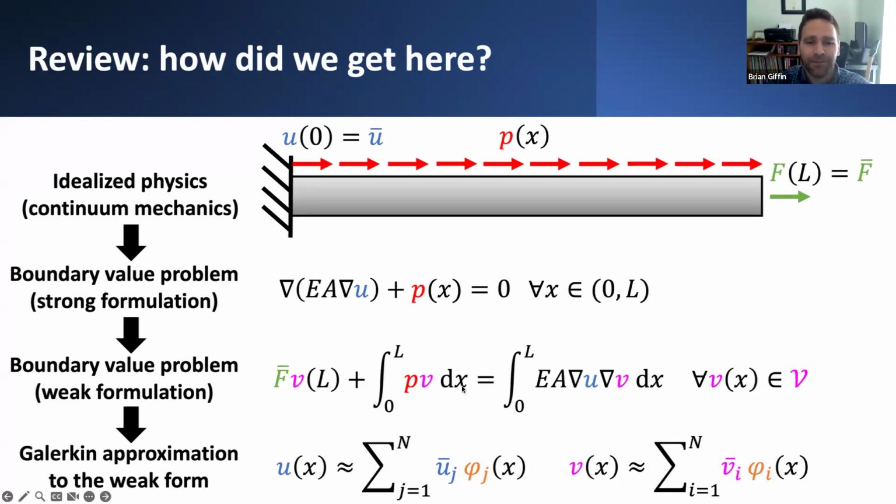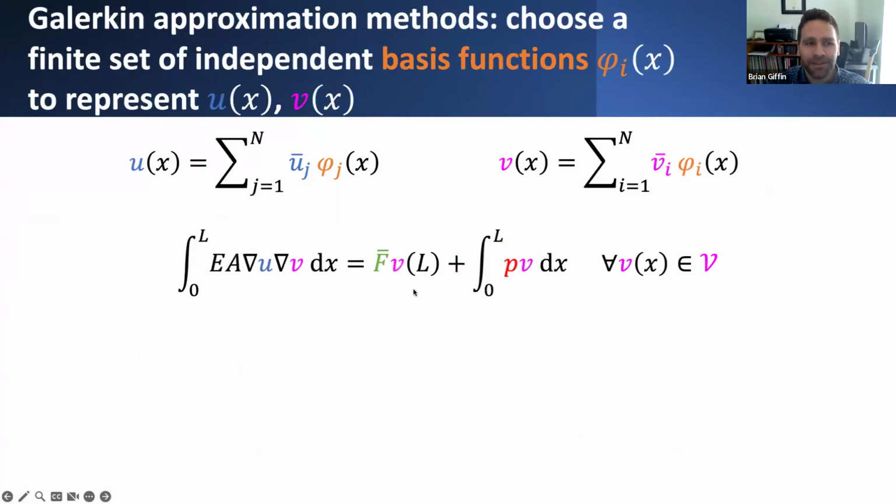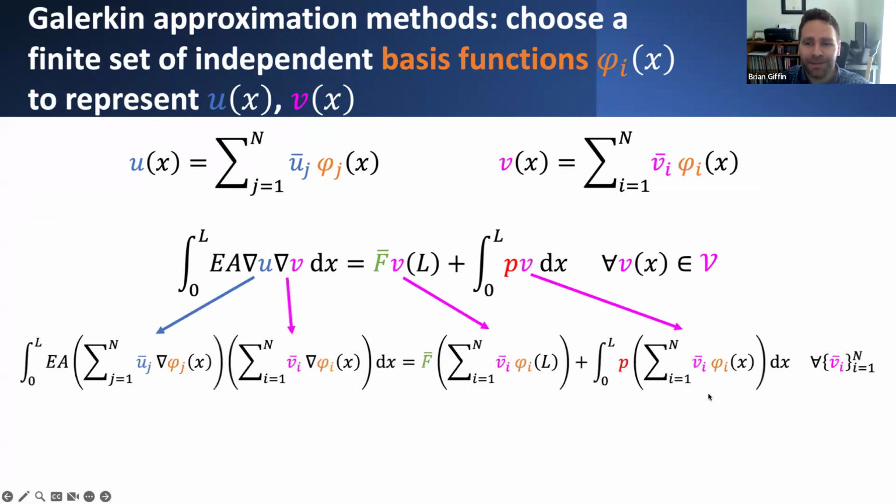By taking our weak formulation of equilibrium and plugging in these different discrete representations of these two solution fields, u of x and v of x, into our weak formulation of equilibrium, we could make some substitutions. We went through some of the arguments in detail in the previous lecture, so I won't go into the same details here, but just to present some of the basics, we plug in these different representations for u